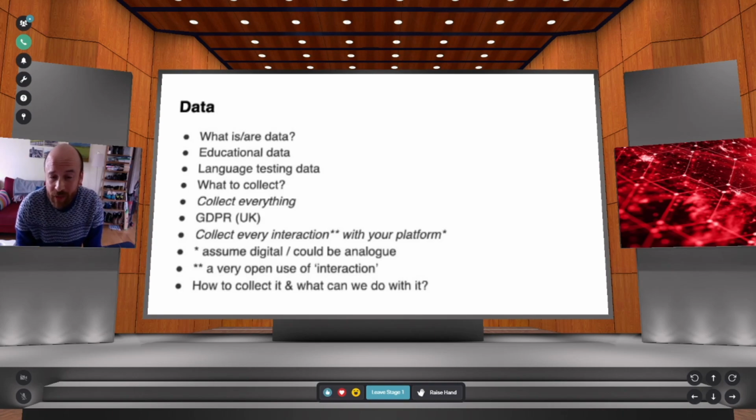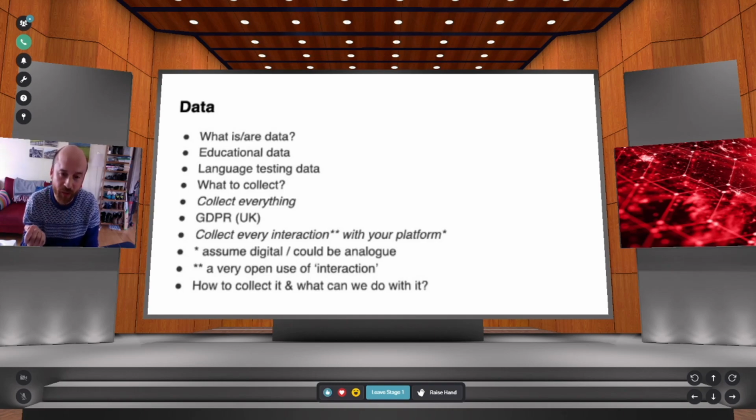You want to collect every interaction of an individual with your platform. And here, when I say interaction, again, this is very broad. Lots of different types of data could fall under this umbrella.